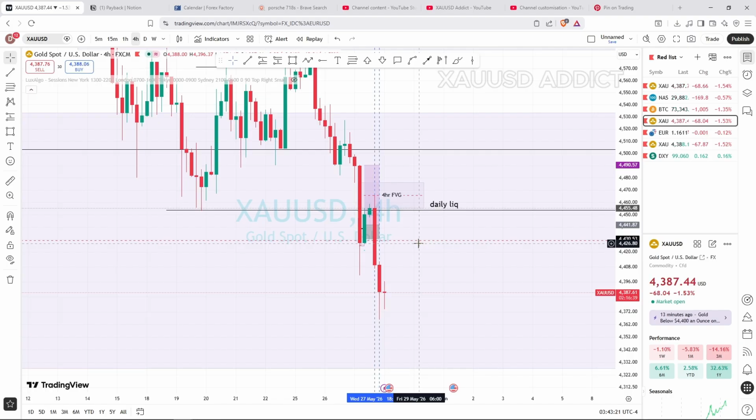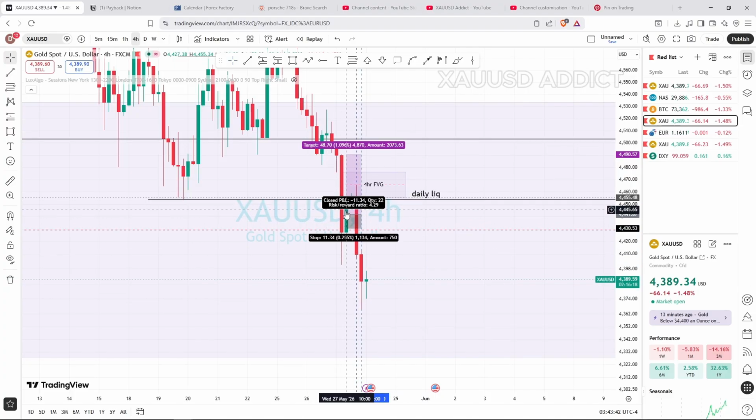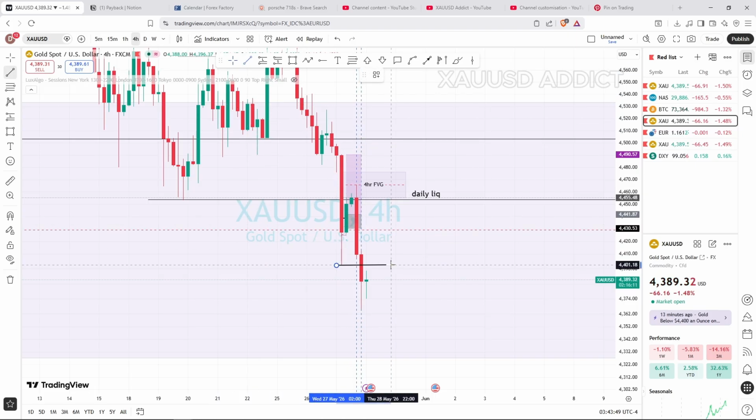Okay, it has more strength than the 1 hour order block or the 1 hour fair value gap. Okay, and a 4 hour fair value gap can push price to another 4 hour point of interest. So if we have this 4 hour fair value gap and it becomes respected, where does it push price to? To another 4 hour POI. And do we have another 4 hour POI here? No, but here we have a 4 hour liquidity. Okay, so that should be our marker.